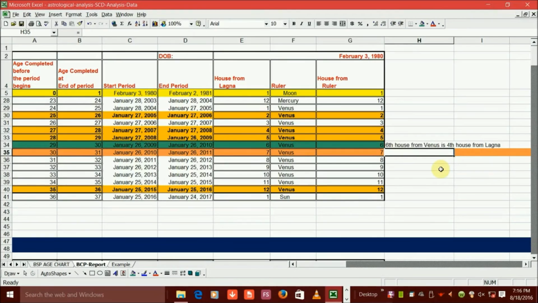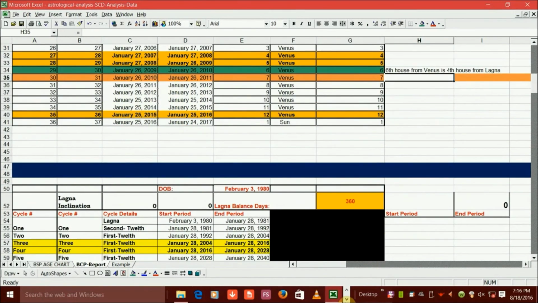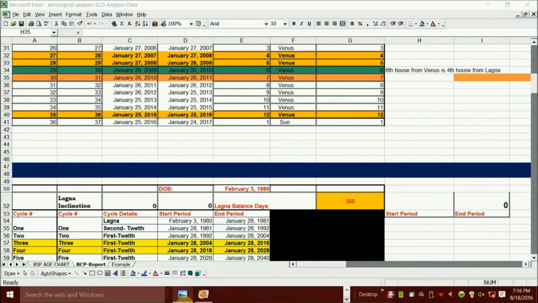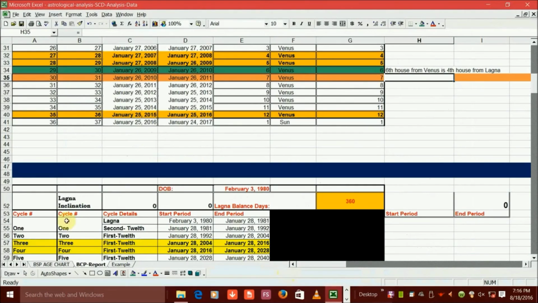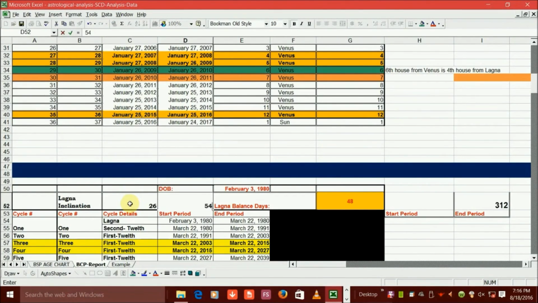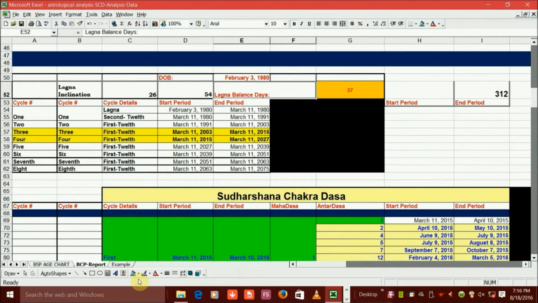So let's go to the Sudharshana Chakra Dasa and enter the Lagna inclination here, which is 26 degrees 54 minutes. Let's enter 26 degrees 54 minutes and see what the Sudharshana Chakra Dasa period is. As usual, you first look at the third cycle of Sudharshana Chakra Dasa. The third cycle started in March 2003. So let's enter the third cycle as March 2003,